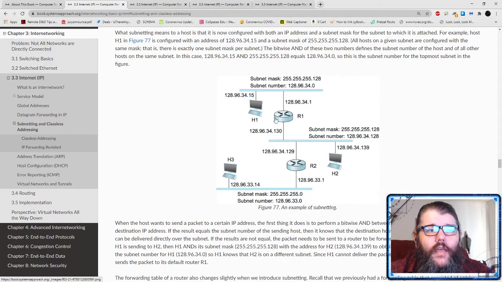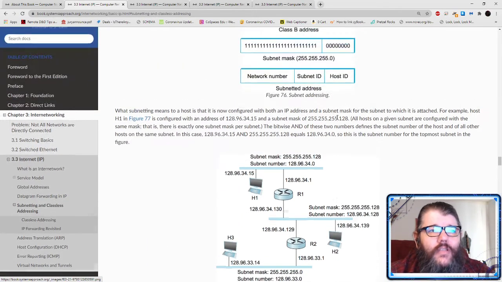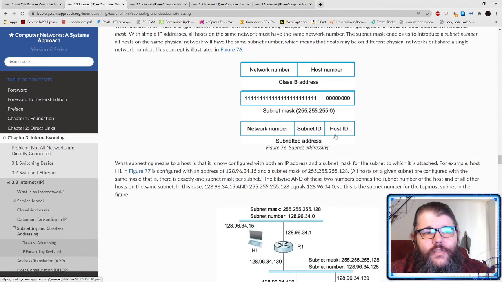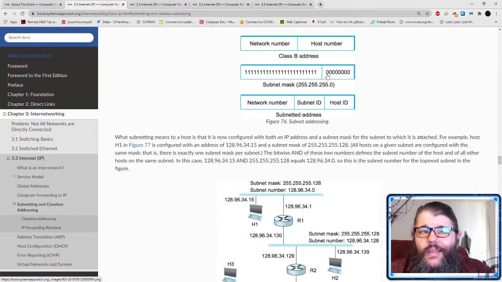The reason for that is because the subnet mask here is 255.255.255.128, and what that looks like is a series of ones followed by a series of zeros. So this subnet mask is 24 ones and 8 zeros,